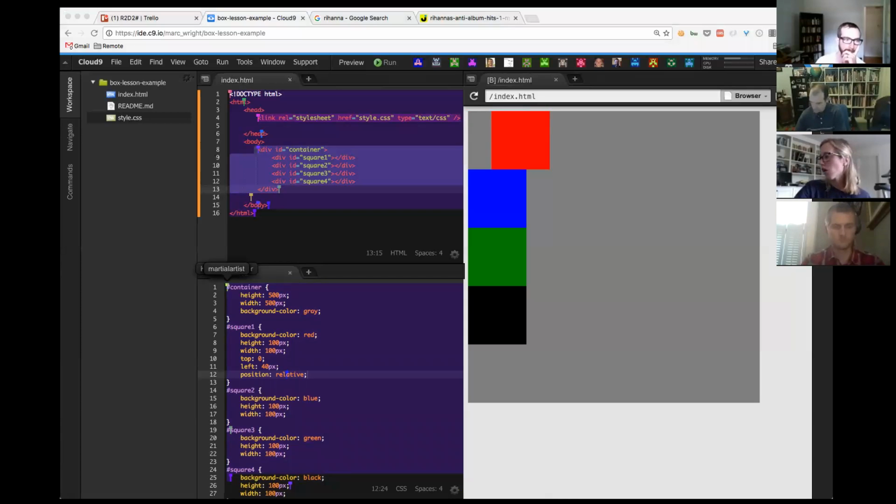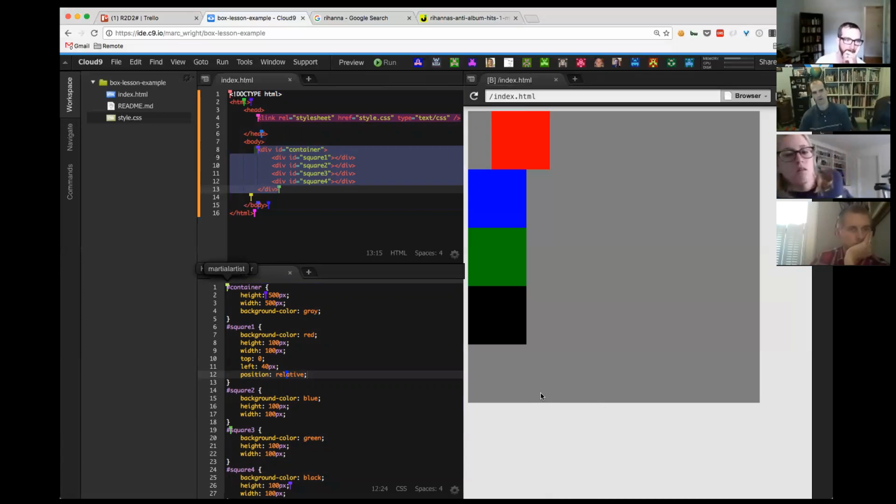The important thing to consider about relative is that it's relative to its parent container. So this red box is not necessarily attached to the body,